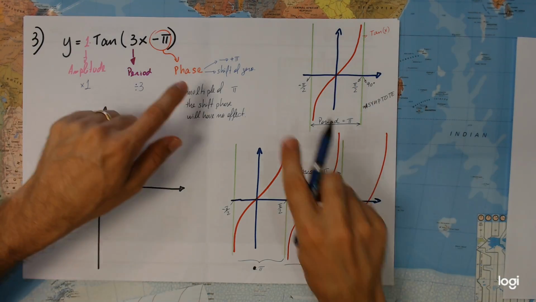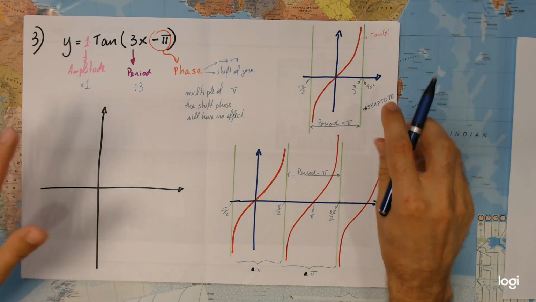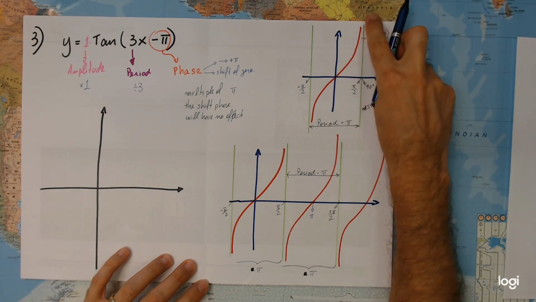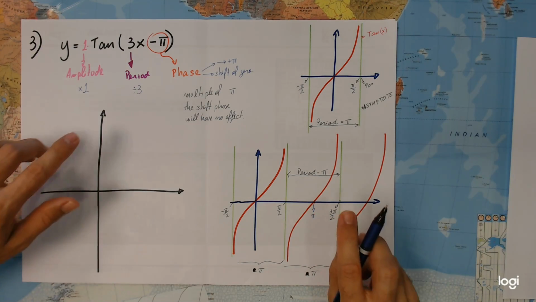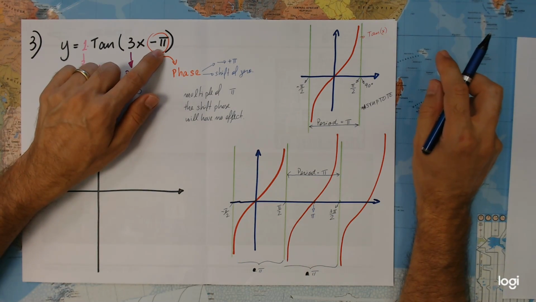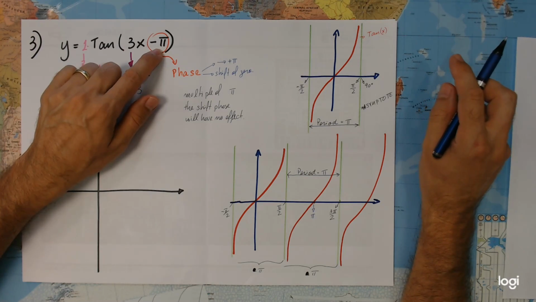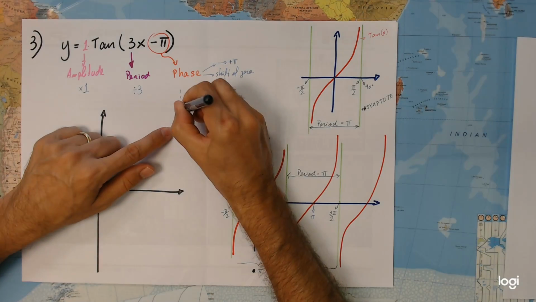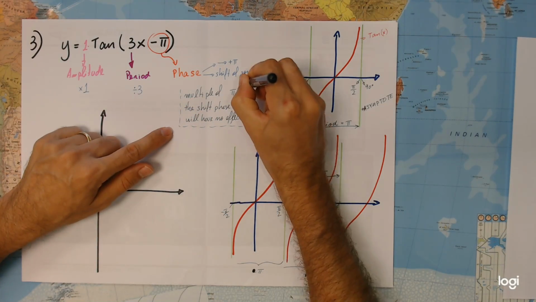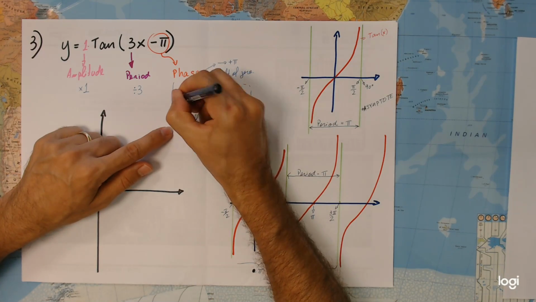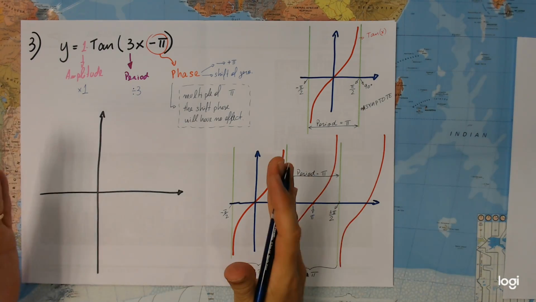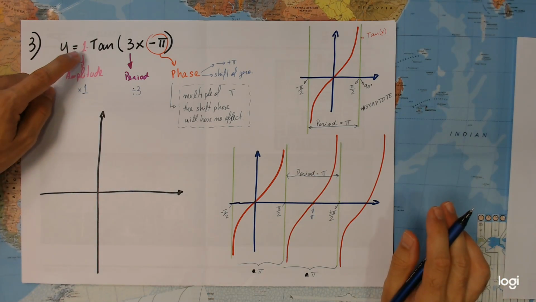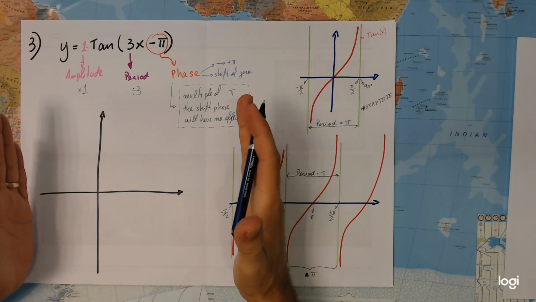I mean, we do have, but it is not a shift that is going to disturb those points in here, because they are going to be exactly at the same pace. So we can consider a shift of 0, because every multiple of pi makes no effect for the phase shift. No phase shift. Amplitude is 1, and we are just shrinking